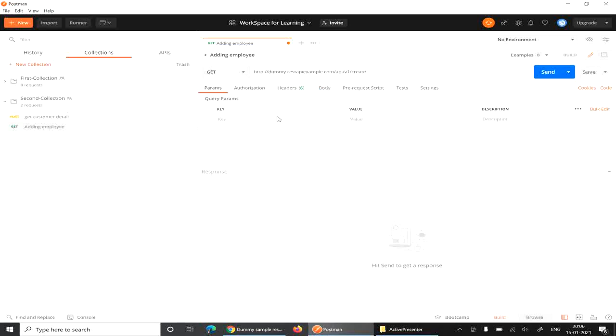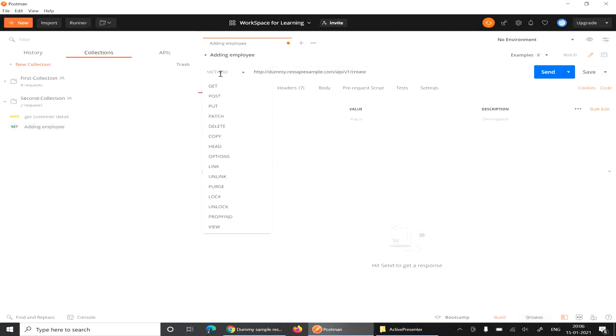Postman supports additional methods by default, or you can also customize your method and save it. If you want to add any method which you want to follow in your company, then you can make that method by giving that name in this field.